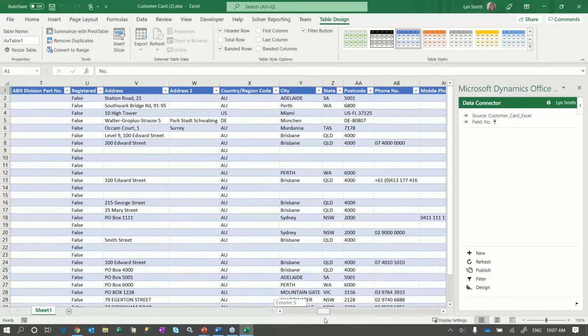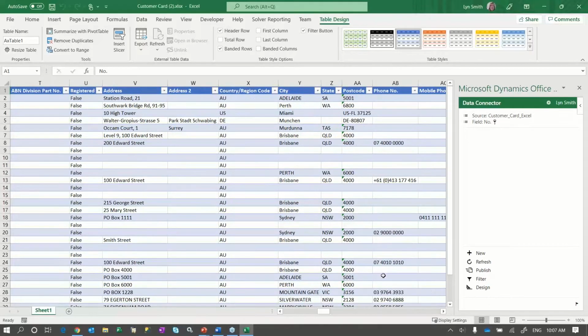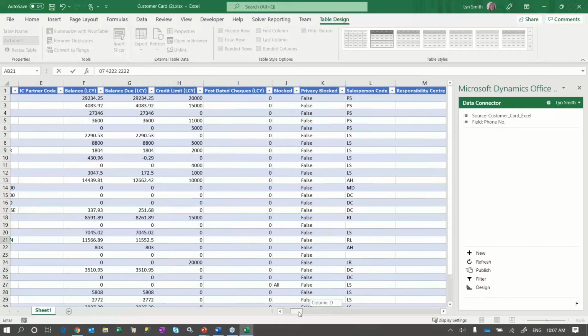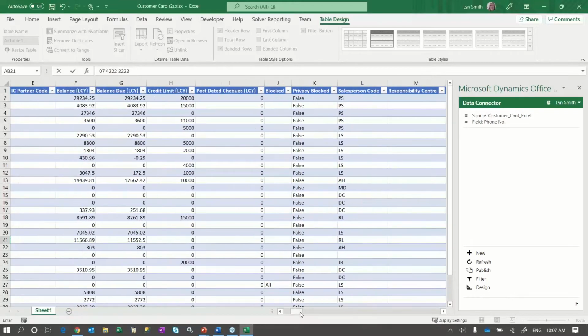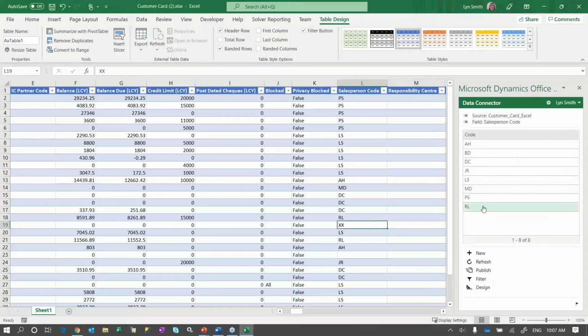So in this case, I may be wanting to work on phone numbers for some reason. So again, I can just come in here and put in a few numbers, tidy them all up. I'll choose another one up here and I'll go 7422222. And you can also, don't forget, update things like your salesperson code. And again, if you just put in a default value or an incorrect value, it will actually, if I try